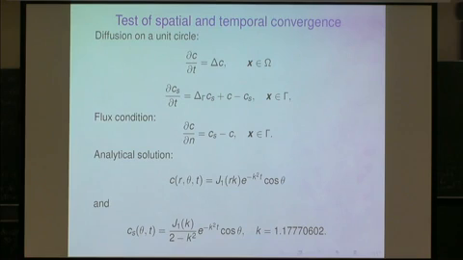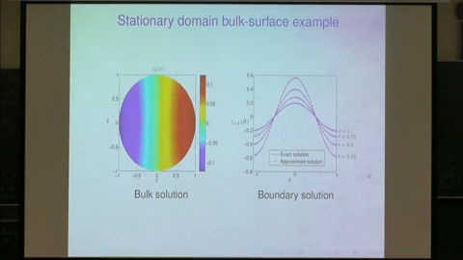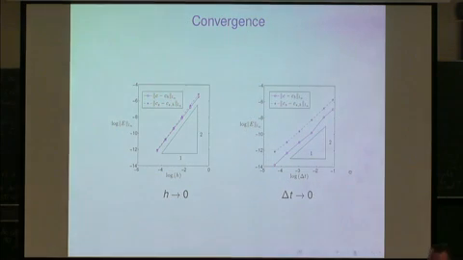So basically, there's molecules of the bulk that can go onto the surface and diffuse. And it turns out for this particular problem, there are infinitely many solutions, but the one we actually choose is this particular one here, which can be written in terms of Bessel functions. This isn't phenomenally interesting from a cell biology point of view, but the idea here is at least to make sure that the method we're going to use for a much more complicated situation is being validated at least on problems that we know the solutions to, and also just to check the rate of convergence of the method. So it looks as if it's doing a reasonable job on the surface,